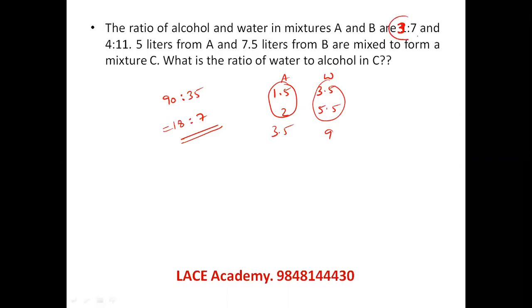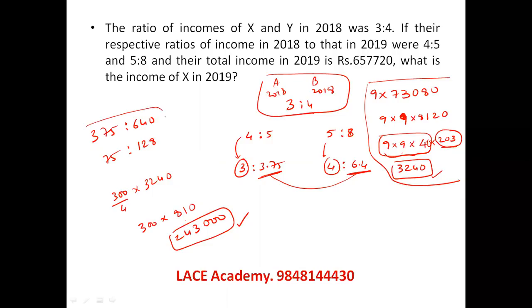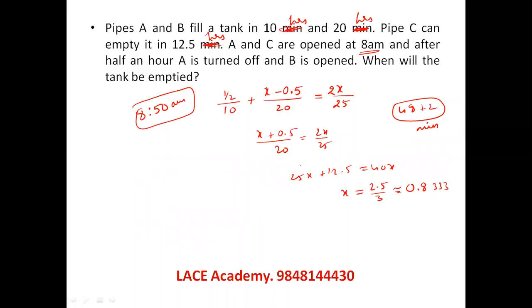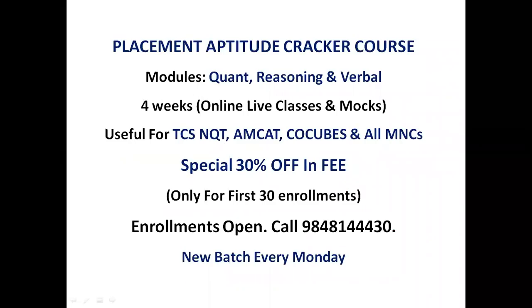Again, a typo mistake. My team actually was in a hurry, I think, this time. So this is a question where you need to spend a bit of time on calculating this or splitting this into 203. That's more important. Once you are done with that, then again, everything is normal. This question is also a straightforward one. And this one, we don't need to waste time. If you keep on putting more steps, it keeps wasting time. So always keep in mind, go fast in the examination.